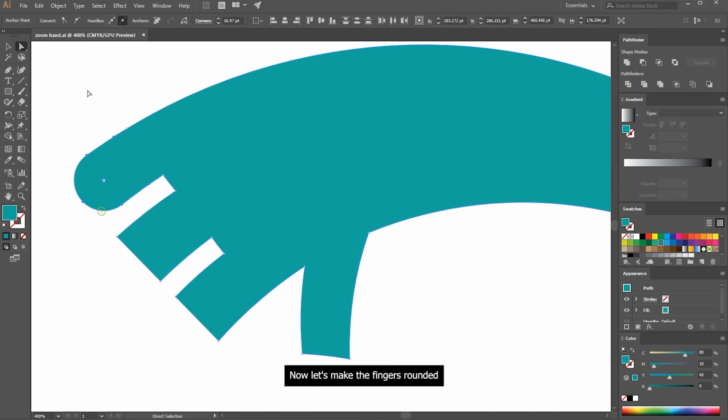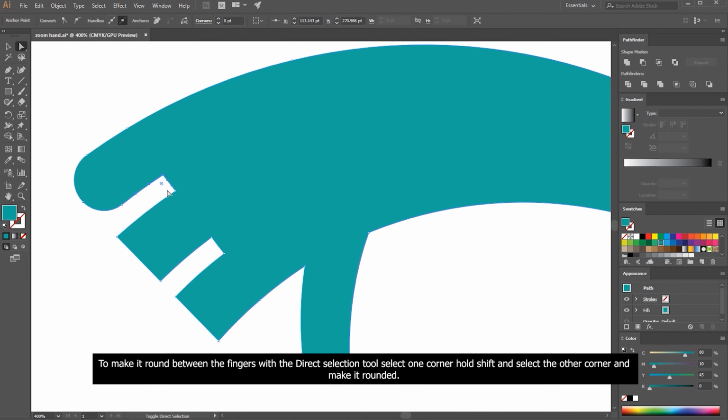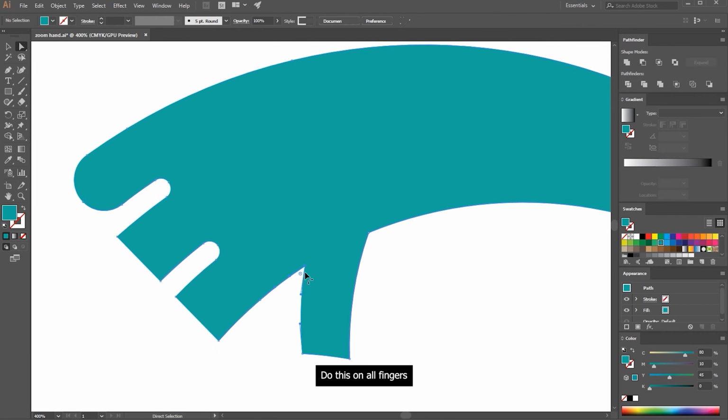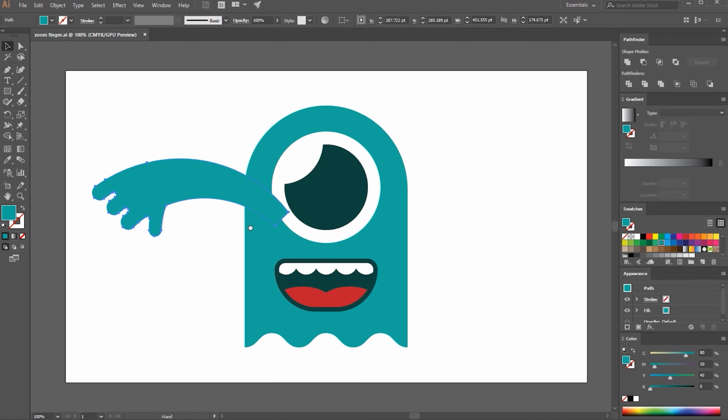Now let's make the fingers rounded. To make it round between the fingers, with the Direct Selection tool, select one corner, hold Shift and select the other corner, then make it rounded. Do this on all fingers. Let's rotate the hand